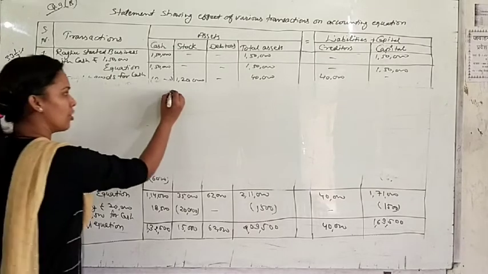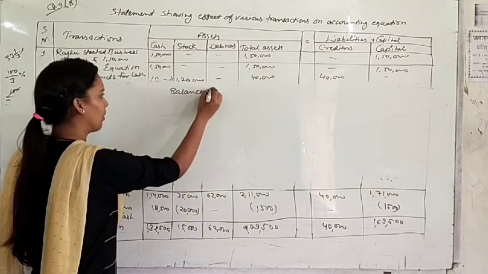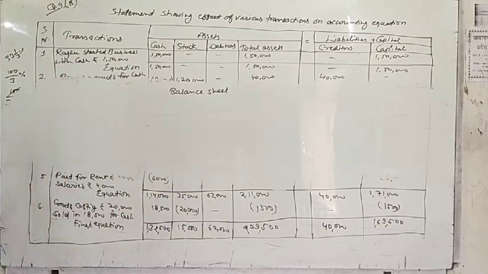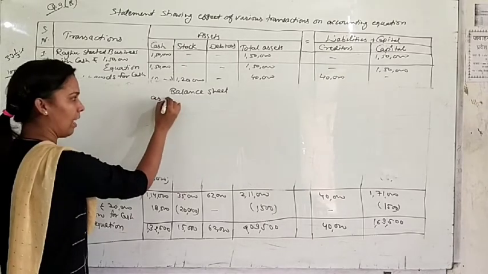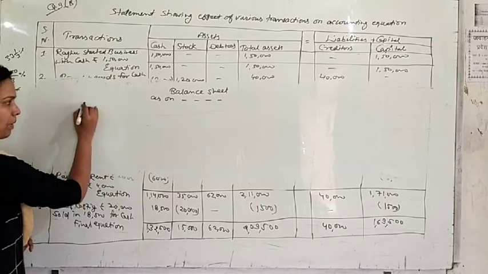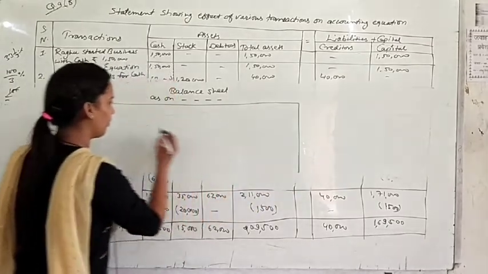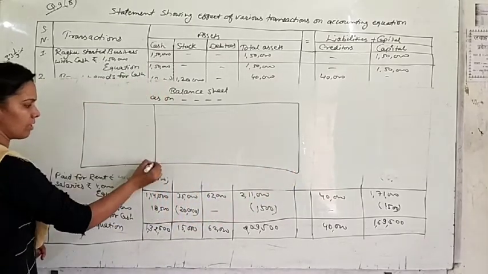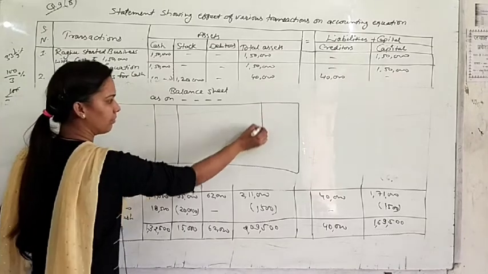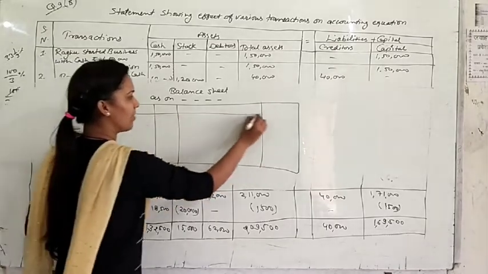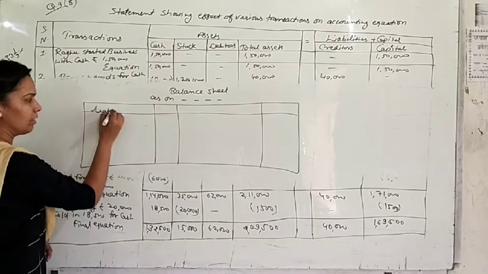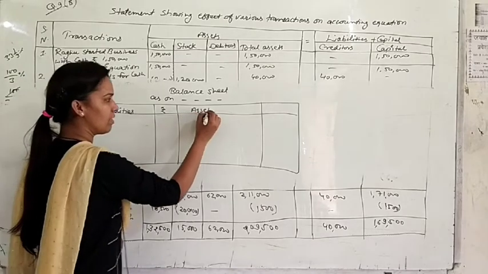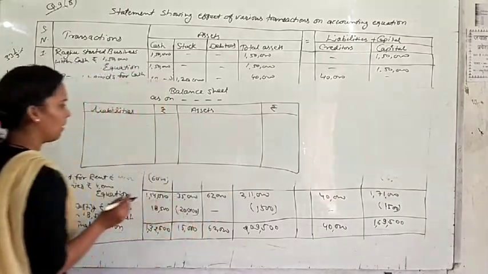So prepare here balance sheet. You will prepare in your notebook after this question, after this format. Balance sheet you don't have date, so just I am writing here as on, leaving this space for date. What was the format of balance sheet? Liabilities, amount, assets, amount. It's very simple format. So first of all check assets.